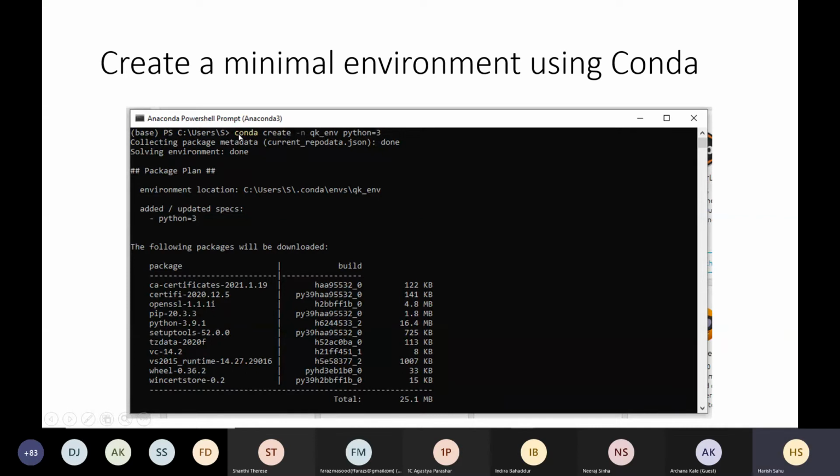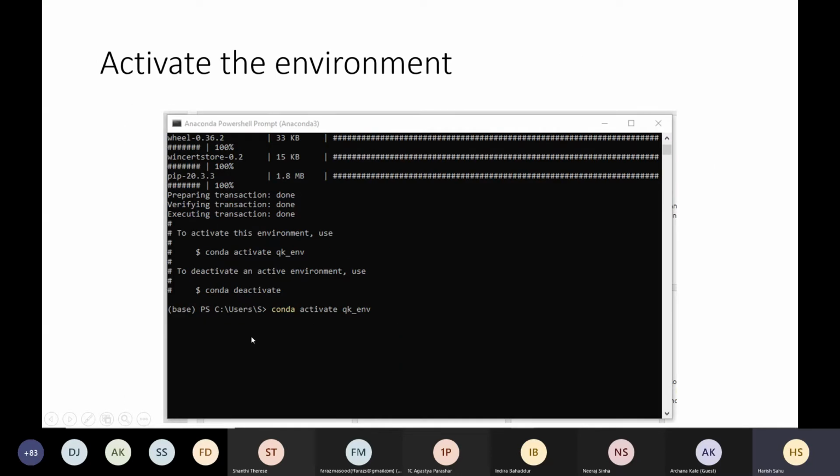So I am creating an environment with the name QK environment. Once it is created, you have to activate that environment, using whatever name you put. Using deactivate, you can deactivate it also. Once we created that environment, we activate it here.